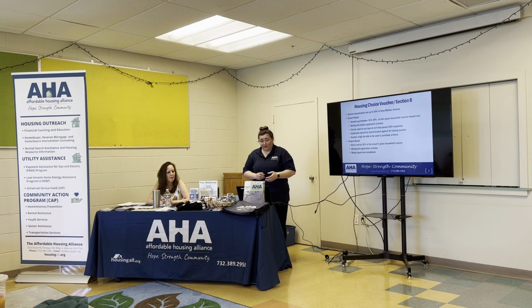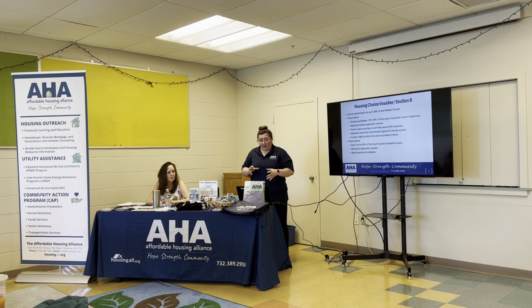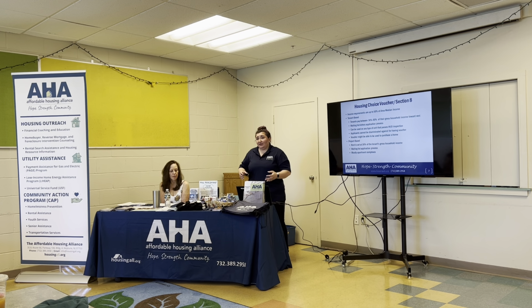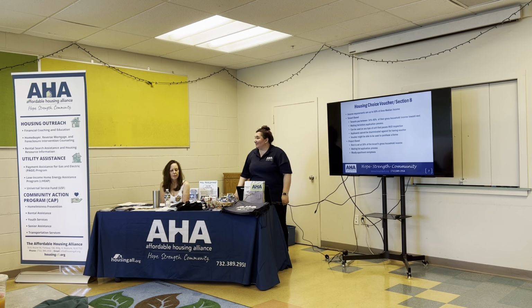So tenants pay between 30 to 40% of their gross household income toward rent, depending on what you need in order to qualify. If the unit's a little too expensive, they'll meet you halfway by letting you go above the 30% so that you can still get the assistance from the program. So that you work out with your worker. There's usually a waiting list lottery application process for these vouchers. They open up and they're open for a week and then they close, and then you have to wait and find out if you got pulled in the lottery to be added to the waiting list. So there are a couple different steps. When is that week? Because we all wanna know about when that week is.